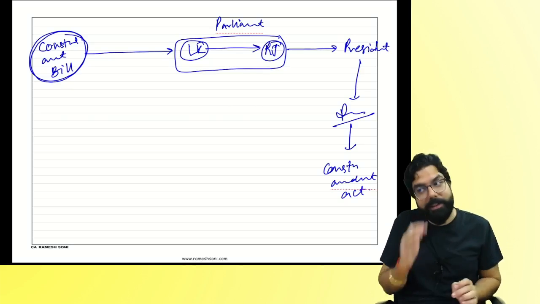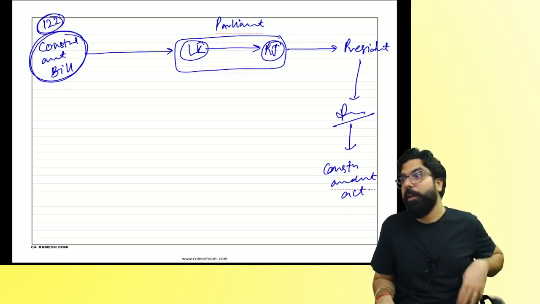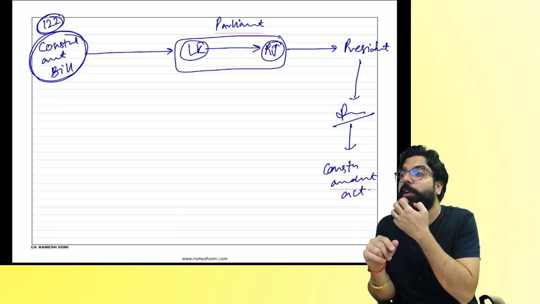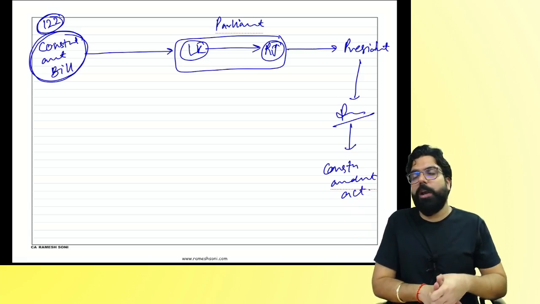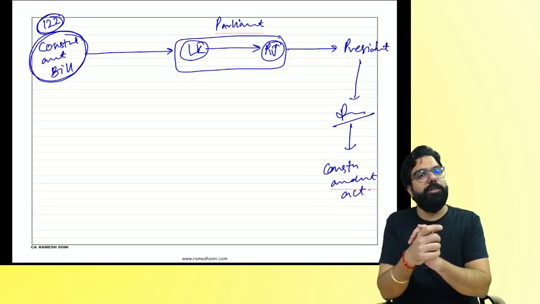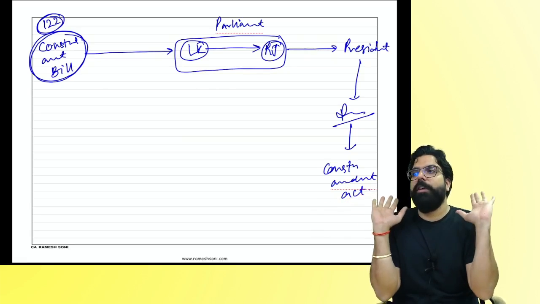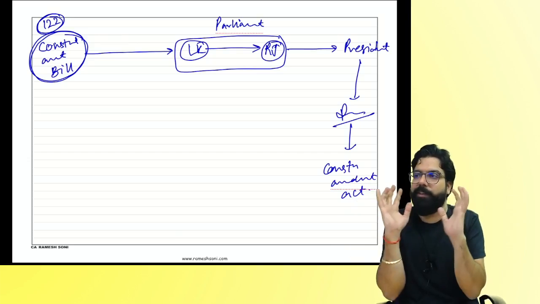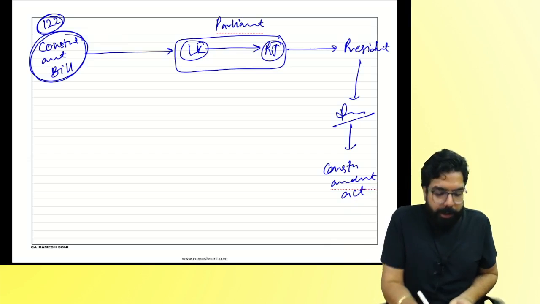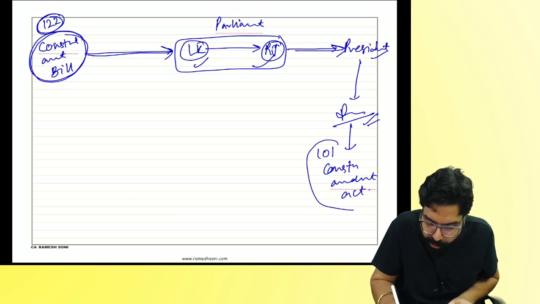And in the same way, they introduced the 122nd Constitutional Amendment Bill. Meaning how many times was the Constitution already amended? 121. So this was the 122nd Constitutional Amendment Bill which was introduced in the Constitution. And they said, we want to charge GST, central government will charge CGST, state government will charge SGST. This change they wanted to get. It went to Lok Sabha, it went to Rajya Sabha, the President signed it, and it became the 101st Constitutional Amendment